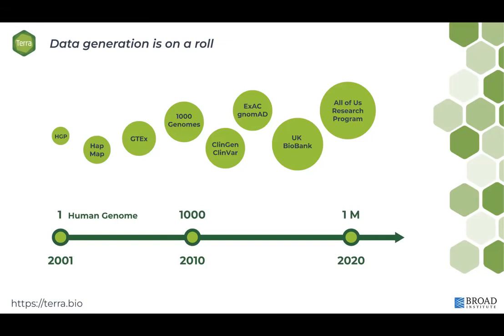Examples include 1,000 Genomes, which has 3,000 participants, UK Biobank with 500,000 participants, and All of Us with an enormous, growing number of participants, over a million at this point. And computing advances also mean that it's possible to turn this data into meaningful insights that can improve people's lives. While this is wonderful in theory,